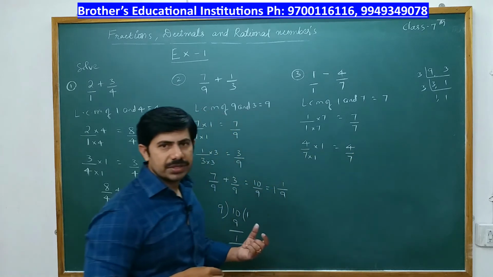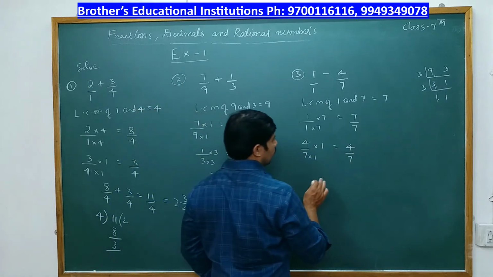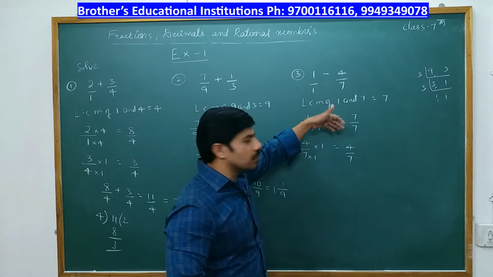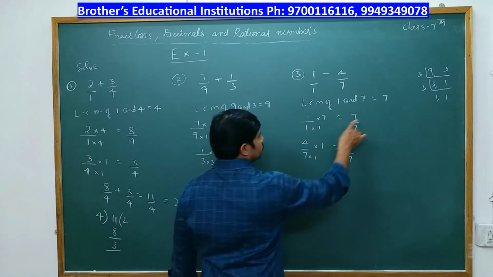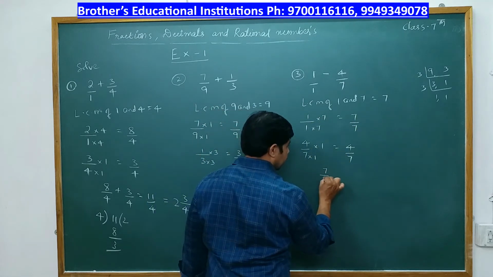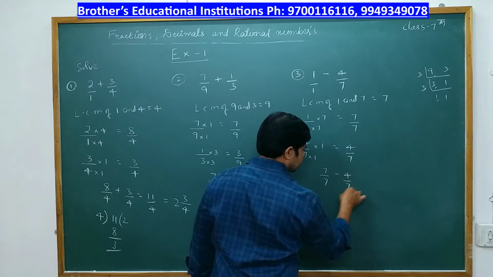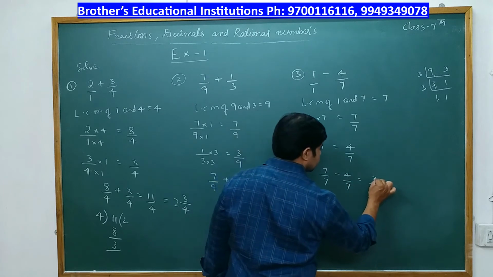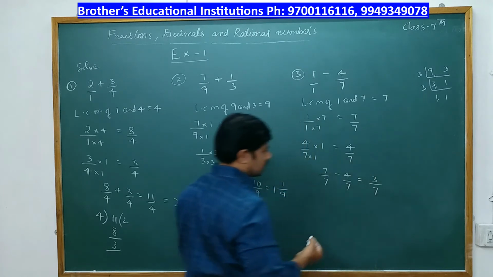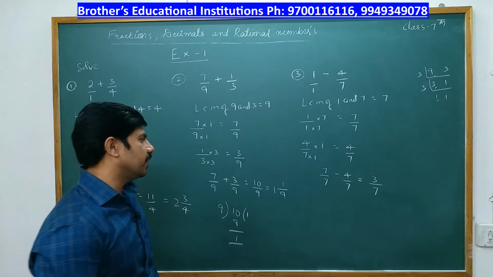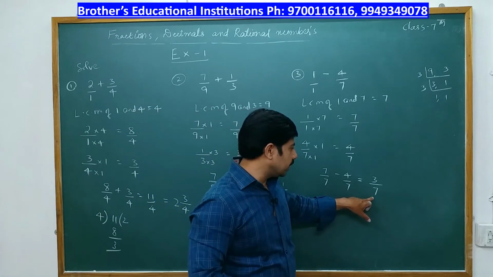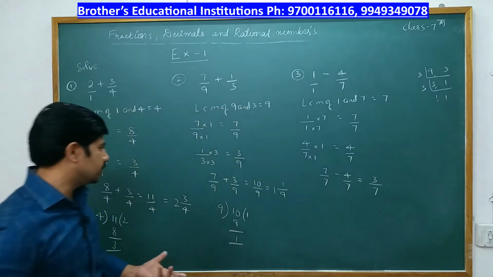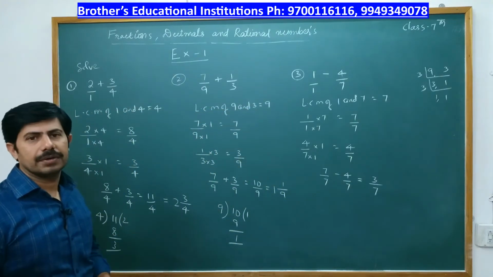So as we have the same denominators, now according to the problem we have to add and subtract. So here we have a minus sign, so we need to subtract. That is 7 by 7 minus 4 by 7. So the denominators are same. What is 7 minus 4? It is 3 by 7. So here we got 3 by 7. Denominator is greater than the numerator. It is a proper fraction. So no need to divide this. Okay. So this is completed.